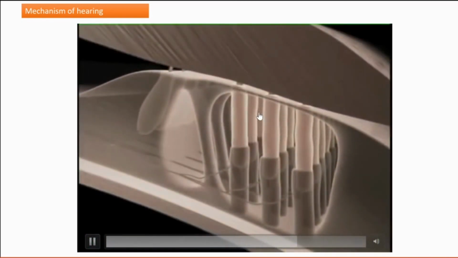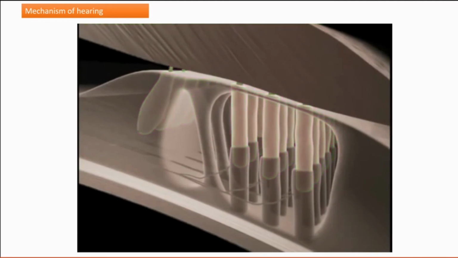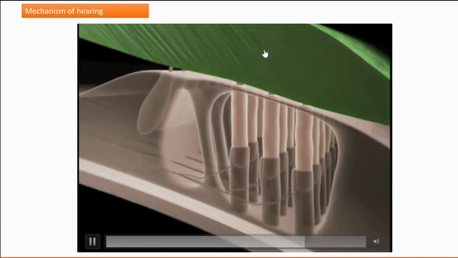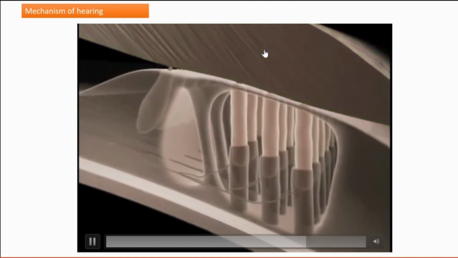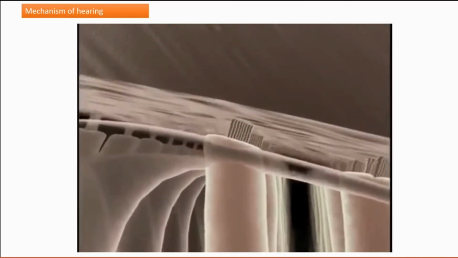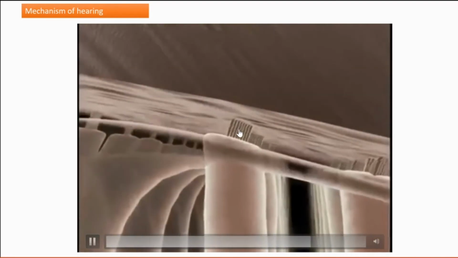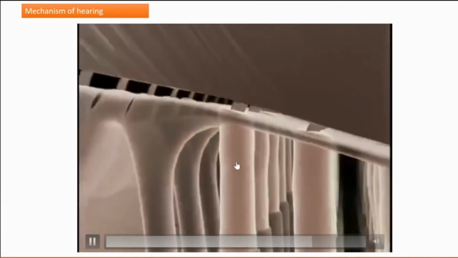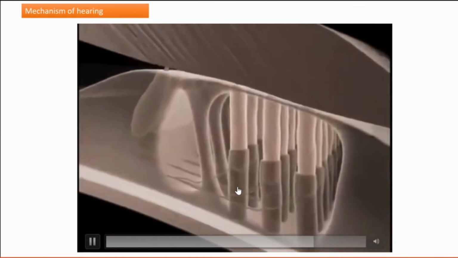The actual nerve impulses are generated by specialized cells within the organ of Corti called hair cells. The hair cells are closely covered by a structure called the tectorial membrane. As the basilar membrane vibrates, the tiny clusters of hairs are bent against the tectorial membrane, triggering the hair cells to fire. The bending of hair cells.